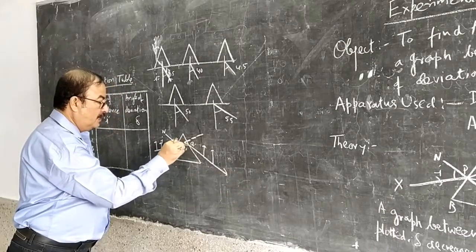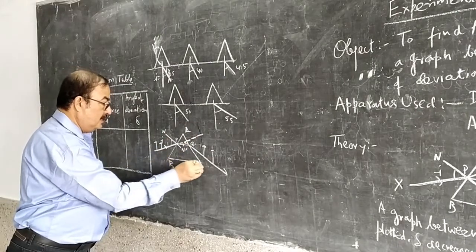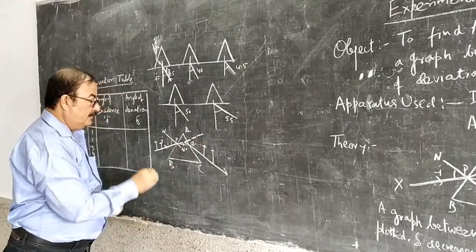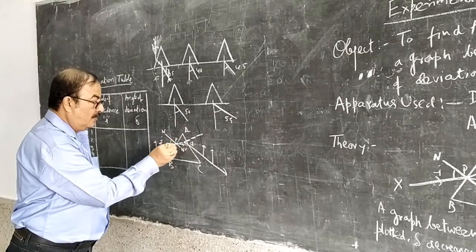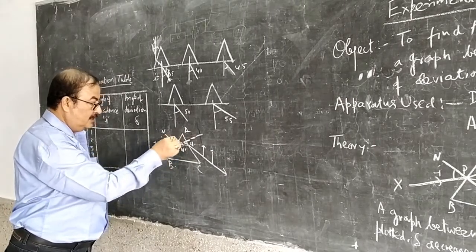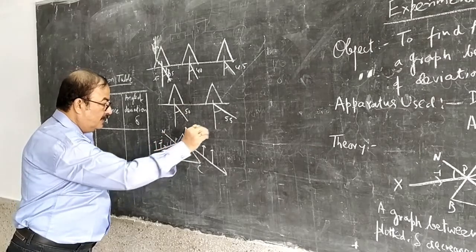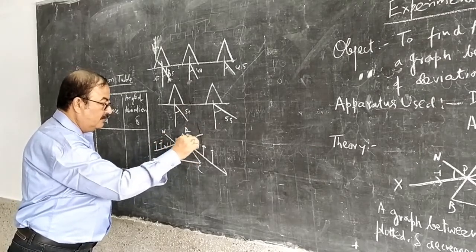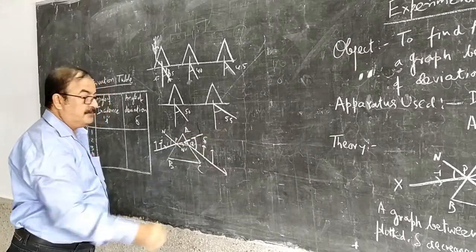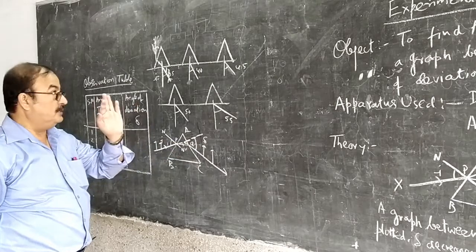Where they meet, we join them, this is your refracted ray. This ABC is the base of the prism. P2 is the refracted ray, and P enters the normal at this point, P, the center of the prism, the center of this base line. We extend this line forward and backward, and whatever angle comes we measure again with the protractor, and that will be your angle of deviation.